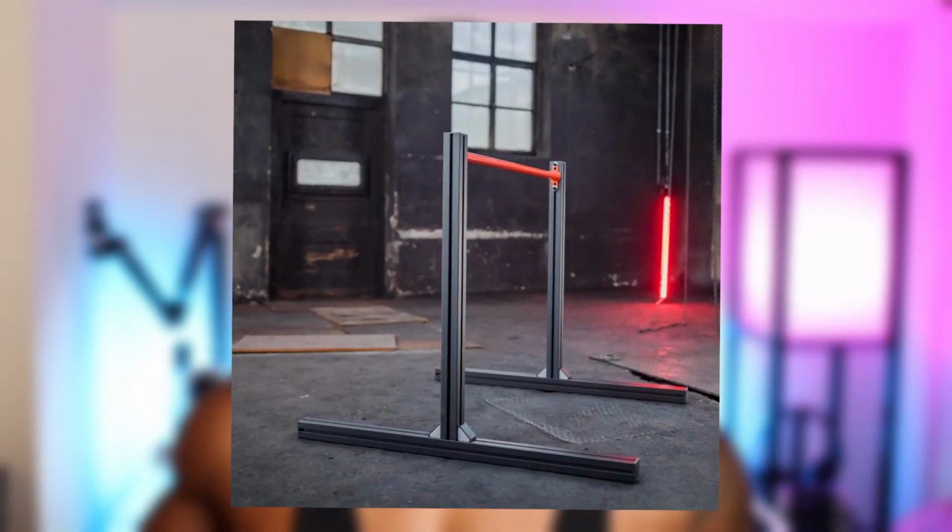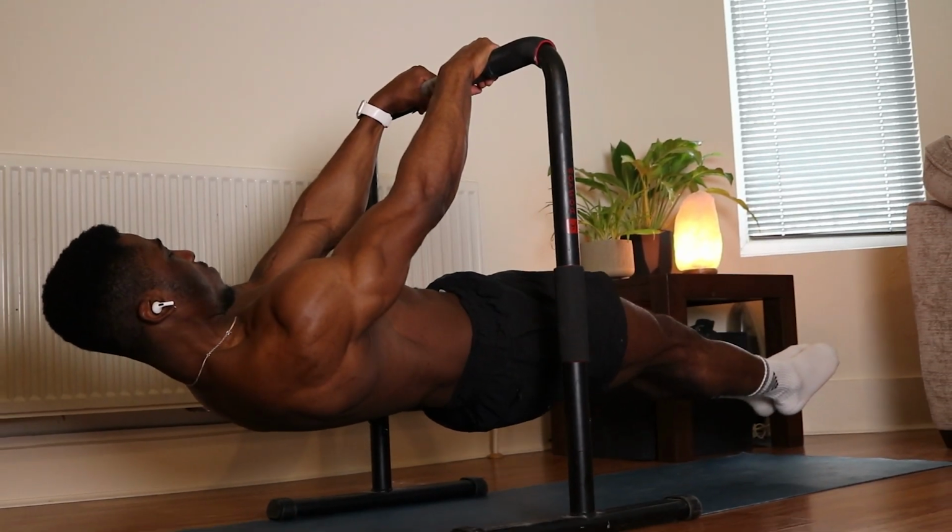So quickly, let's talk about static bars. Static bars are much longer than dip bars. They're this long because you want to train static skills on them, hence the name. That's why static bars also are now getting popular, because more people are getting into calisthenics and learning static skills, and